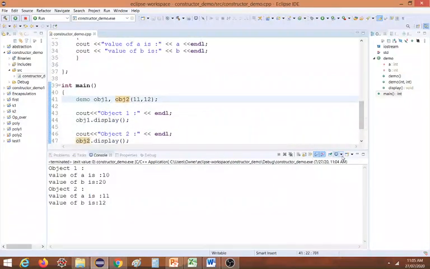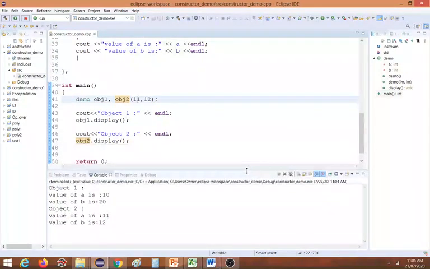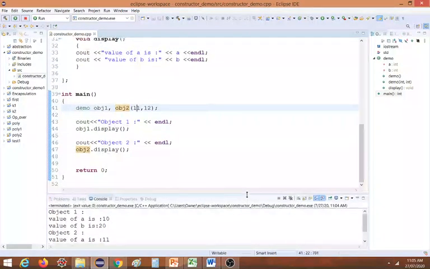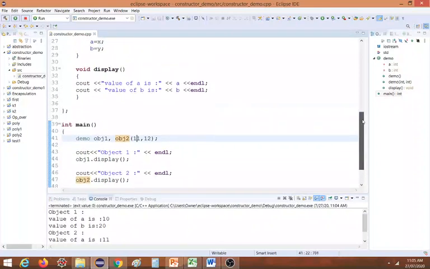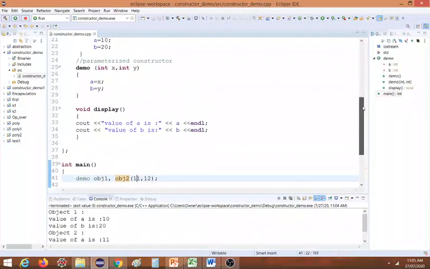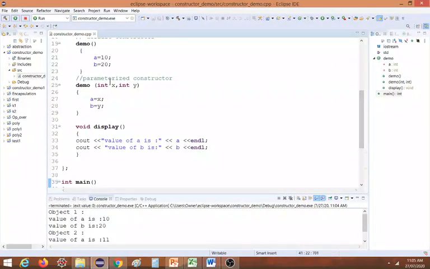Now the third thing we have is a constructor with default value. So how to give a default value? Here we have the parameterized constructor, and here we assign y equal to 0, and this is called a default value. If I pass two values to this function, it will copy both values to a and b. But if I pass only one value, that value will be copied to x and the 0 value will be used by y.